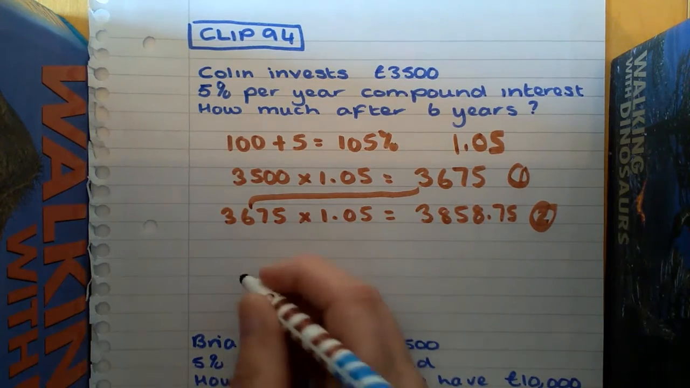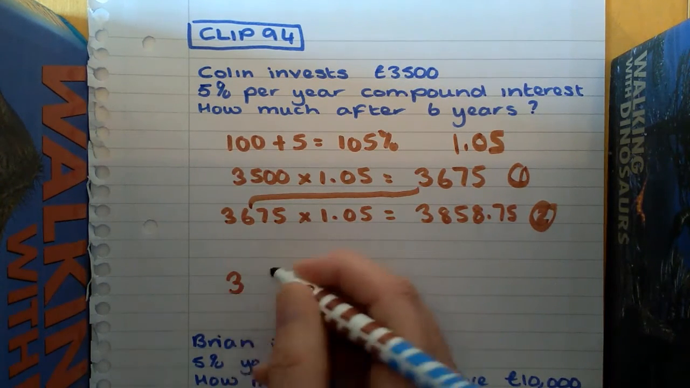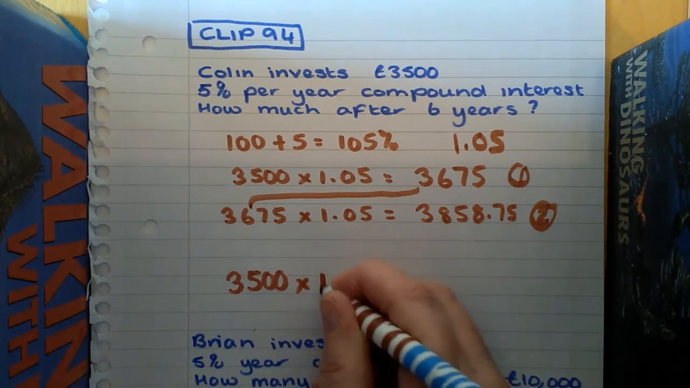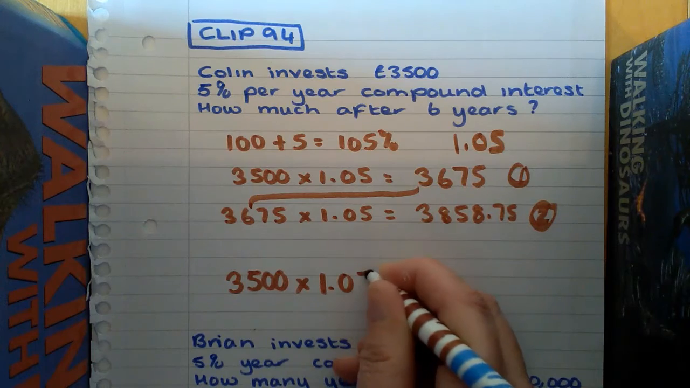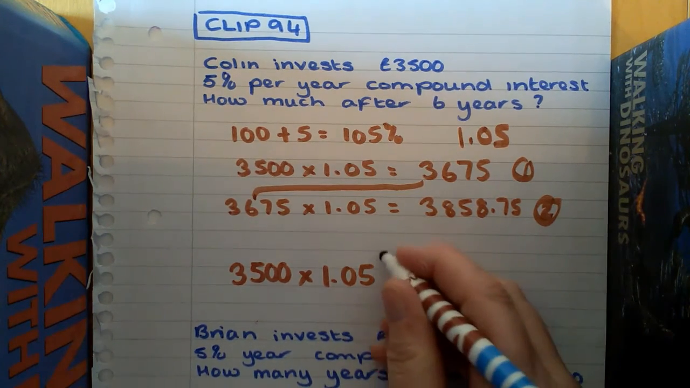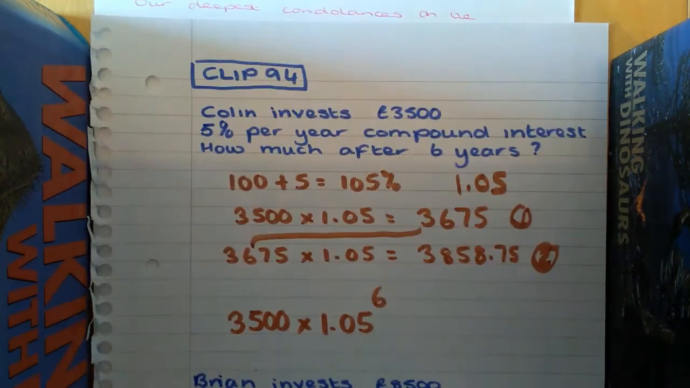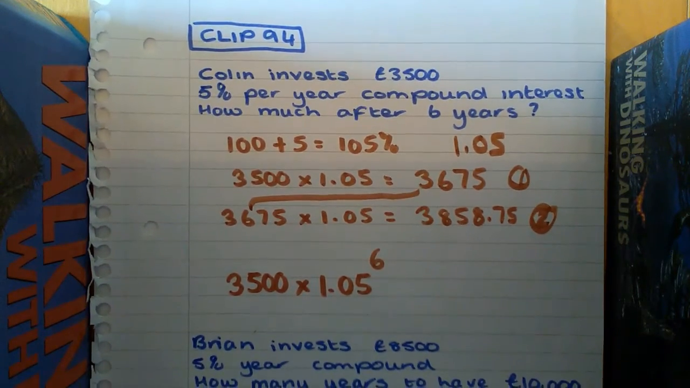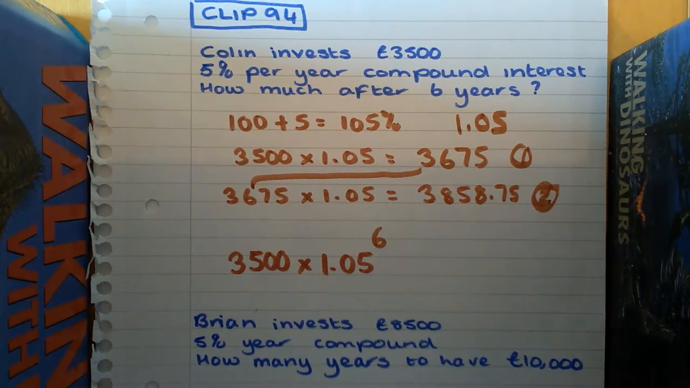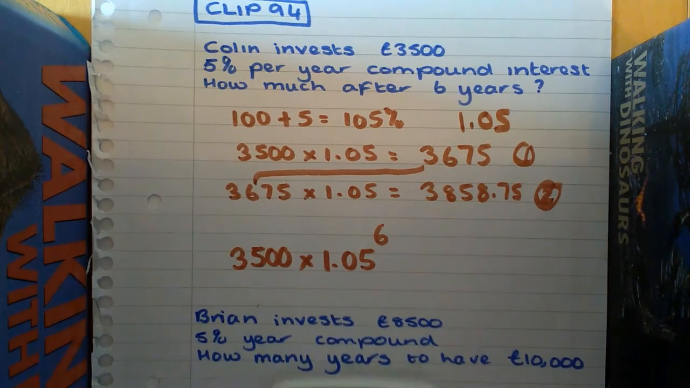And what we do is we start off with our original amount, which is 3,500. We times it by our decimal multiplier, which is 1.05. And because I want to times it by 1.05 6 times, I can change that to 1.05 to the power 6. Okay, so on your calculators, if you've got a Casio calculator, it should have X to a little square button. Okay, we type in